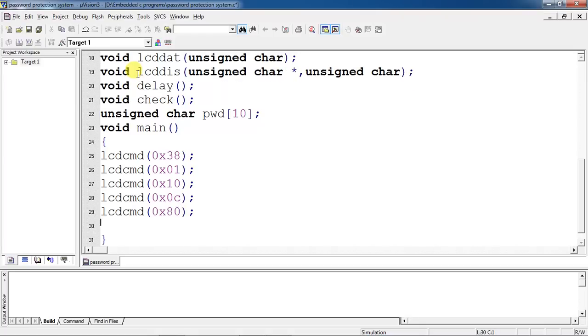So these are the basic commands needed, and this time using this LCD display function